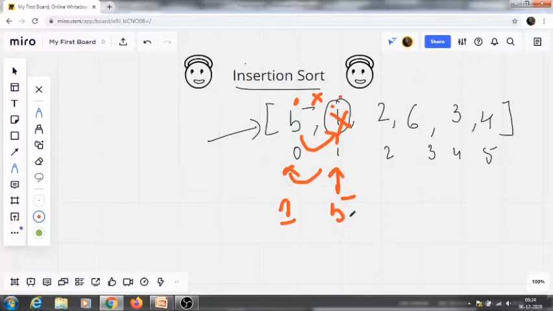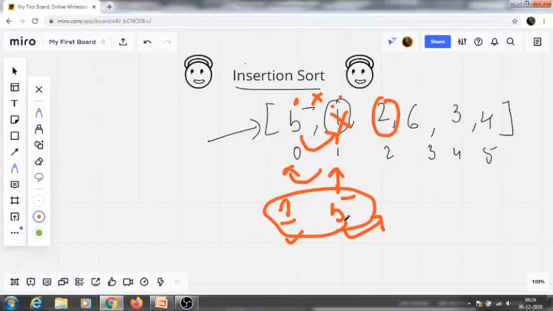Now what we will see is that yes, it is sorted, since the element 5 has a sorted array before it. Then we will move further. We will check for 2. Does it have a sorted element before it? Yes, but after comparing 2 and 5, is it sorted? No, because 2 is less than 5 and it is after it.